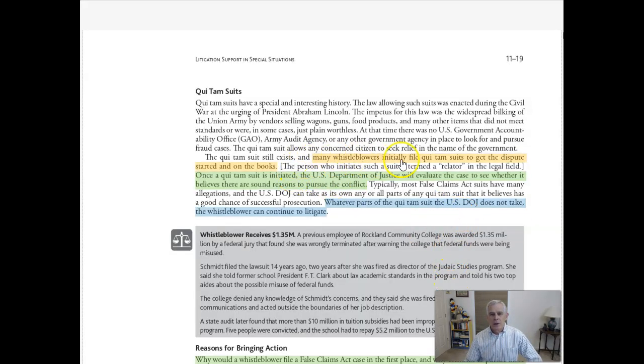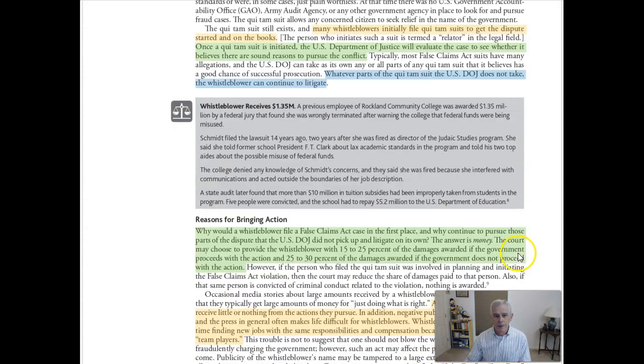Now, whistleblowers, they might file the suit to initially get this on the books. That might get the government's attention, right? Oh, someone filed the suit. Let's take even a closer look at this. Maybe they came to the government beforehand. The government said no. But actually, after the suit is filed, the government might take a closer look. Okay, and the government might take over the case, part of the case. And if they take over part of the case, then the whistleblower can take over the other part of the case and pursue it in the court system.